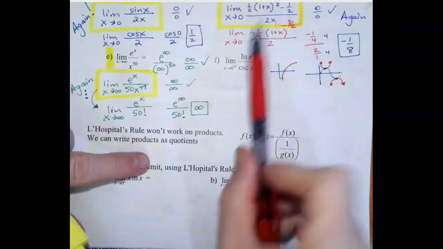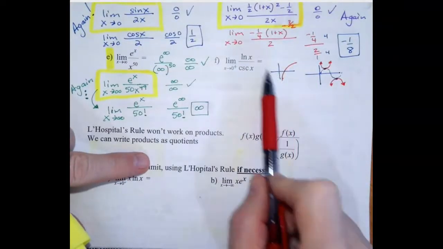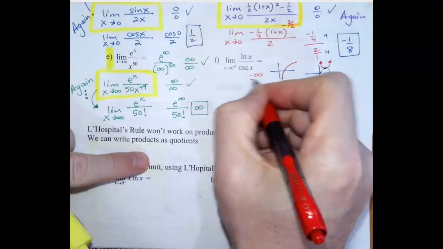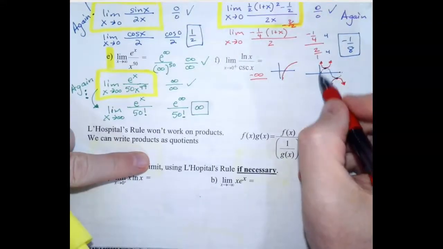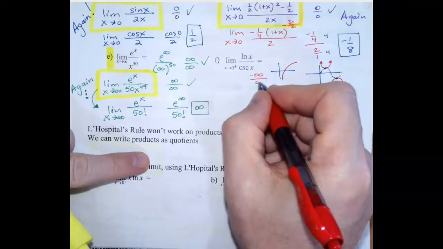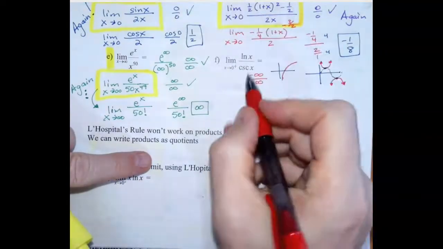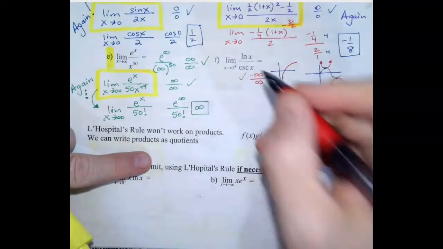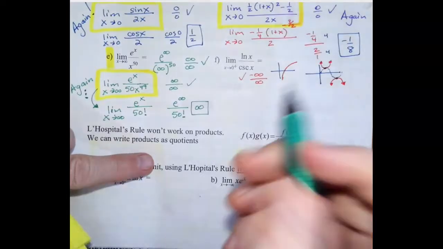Okay, so if you think about that, as x approaches 0 from the right, the natural log approaches negative infinity. And if you think about cosecant, as it approaches 0 from the right, that approaches positive infinity. Now that's basically infinity over infinity. We can factor the 1 out, or the negative 1, so that works for us. Okay. Now,